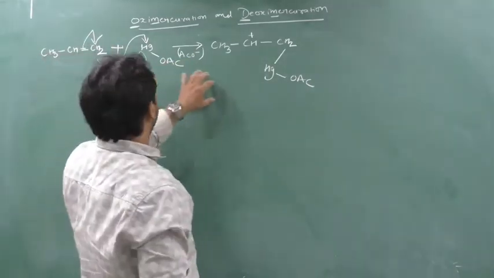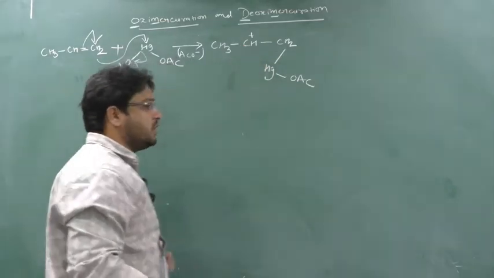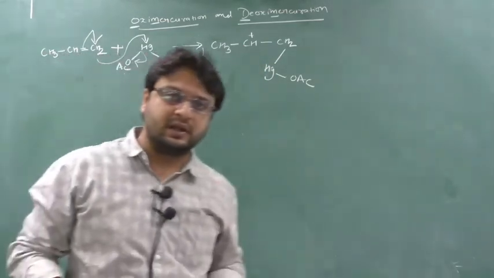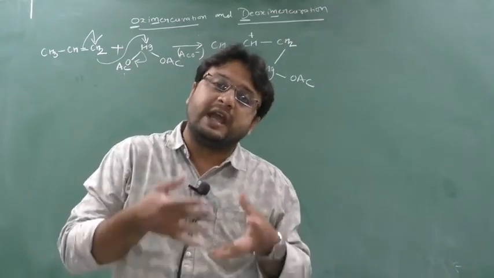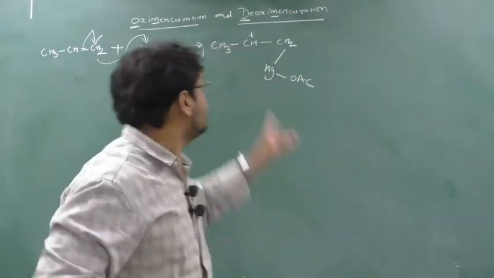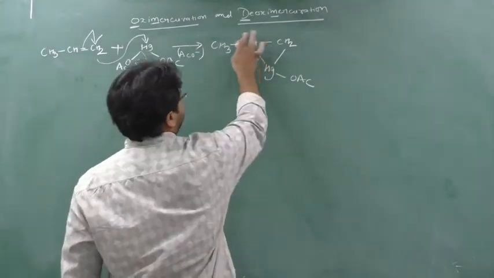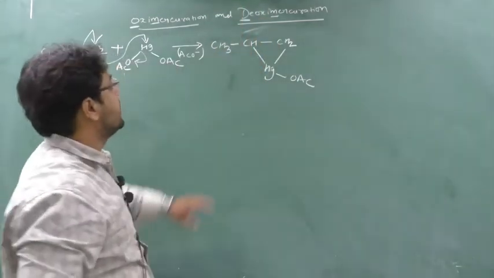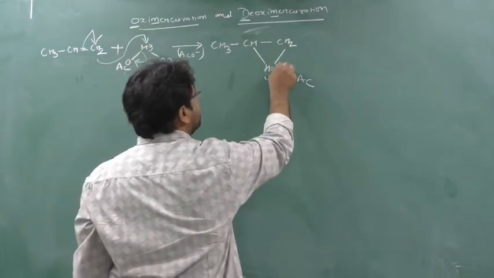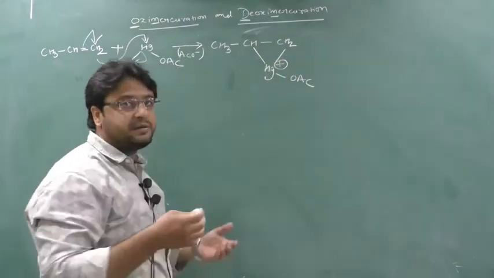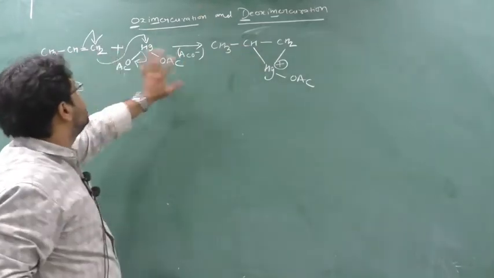Now after removal of OAc minus, you would be thinking a positive charge comes here, but the positive charge will not come because Hg is a heavy metal, so it contains extra electrons. So now what will it do? Hg will donate its electron to this CH, so here a carbocation will not be generated. Now when Hg is giving its electron, it will create what? It will create a positive charge. Previously there was no positive charge, but now Hg has given its extra electron. See, OAc minus has been removed.